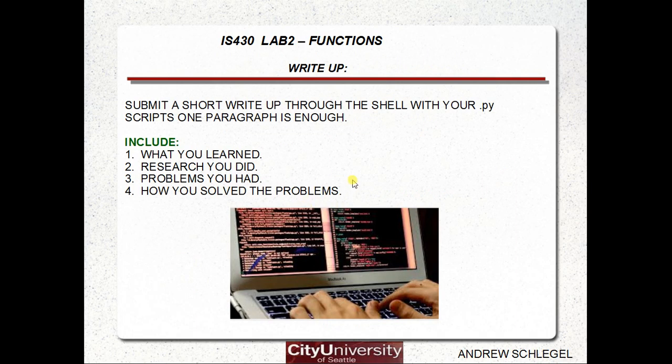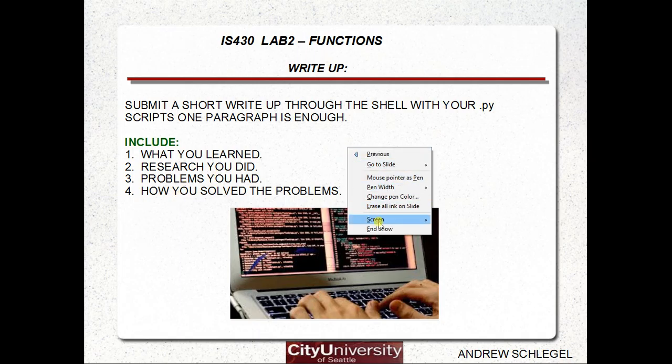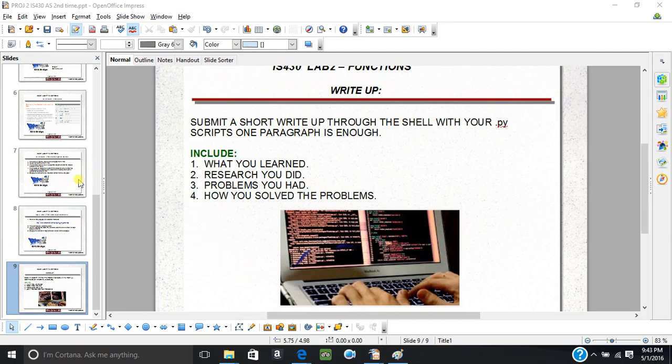So then just do a write-up. Submit a short write-up through the shell with your .py scripts. And 1 paragraph is enough describing what you learned, what research you did, problems you had, and how you solved the problems. Okay, great. So what I want to do quickly is just take you to,